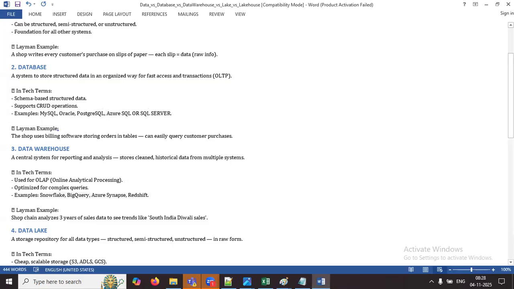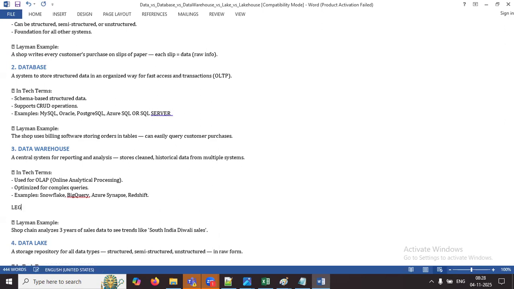Again, we are having what? Pentaho is a data warehousing tool. Okay, let me remove this here. Maybe I'll write here that the legacy ones are called Oracle, SQL Server, Pentaho, which I used to use. Now it won't be there. It will be only cloud ones.